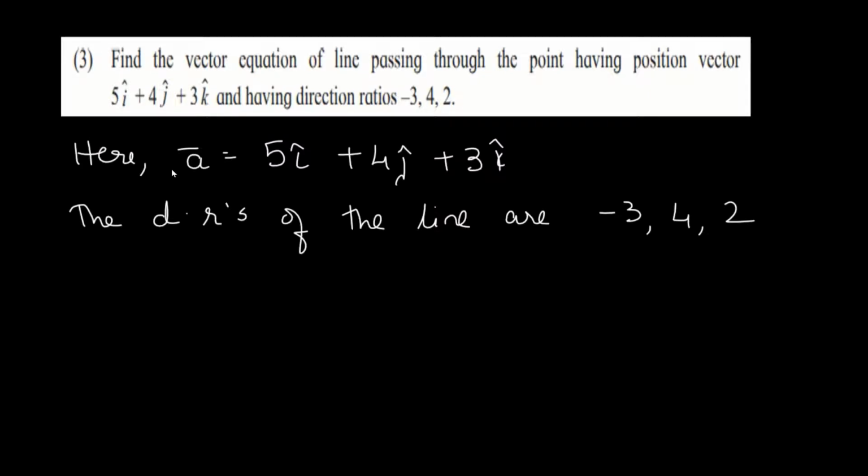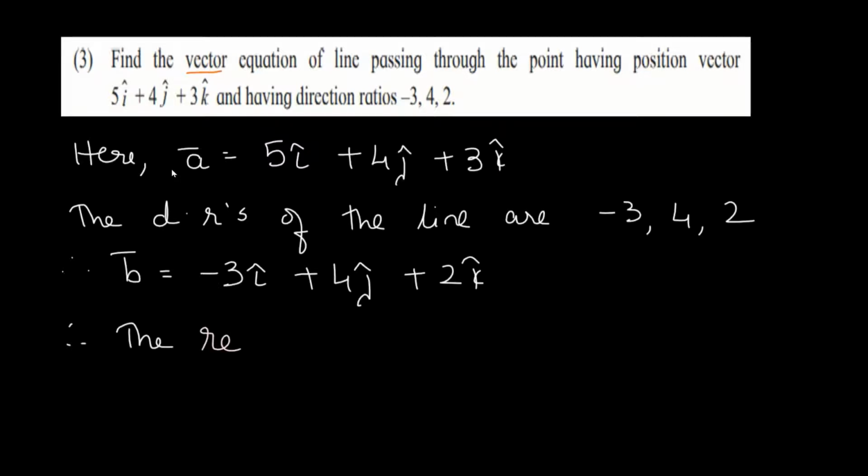Now from the theory which we covered in the previous lecture, we know that from the direction ratios of the line, we can find out the vector which is parallel to the line. So the vector which is parallel to the line is B bar. So therefore here B bar is equal to minus 3i plus 4j plus 2k. So therefore the required equation, see, when you read the question, read it properly. Read whether they have given us the vector equation or the Cartesian equation. In this case, only the vector equation is asked. So from this we can find the vector equation.